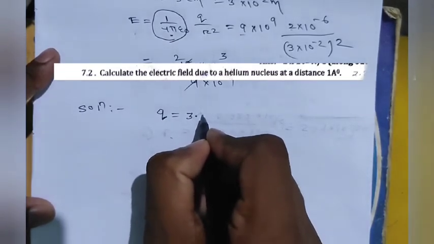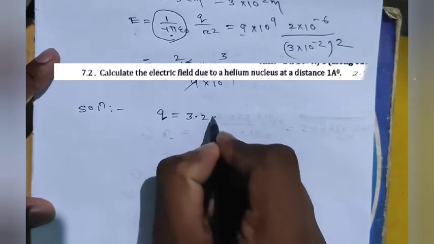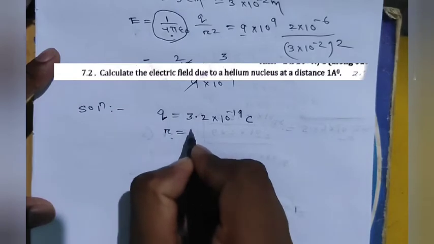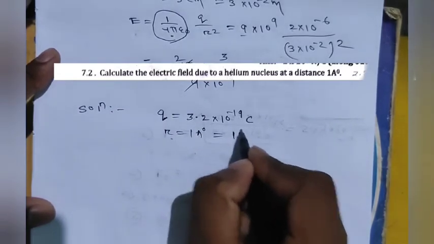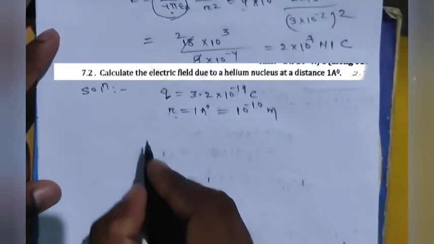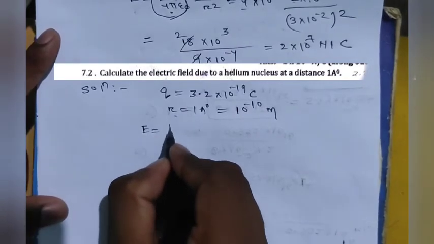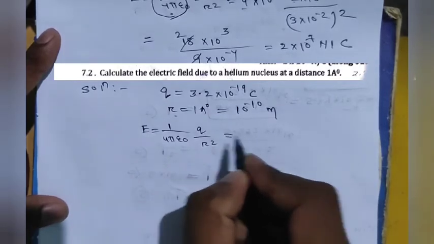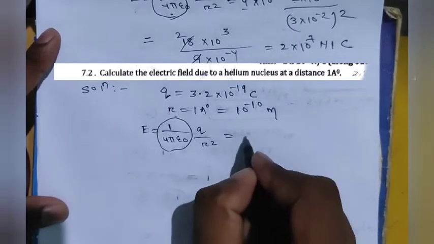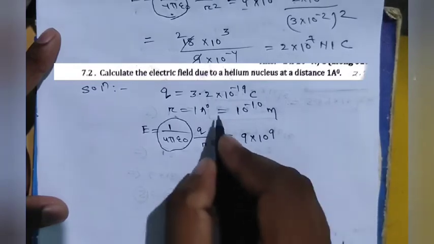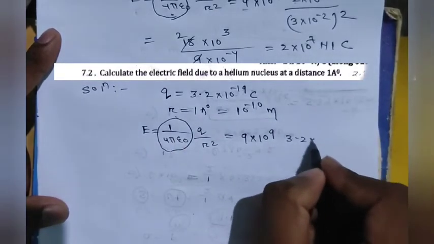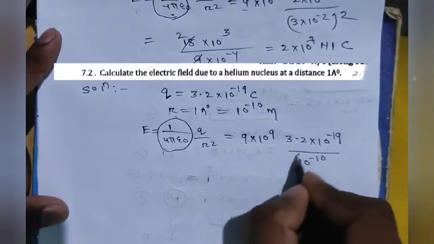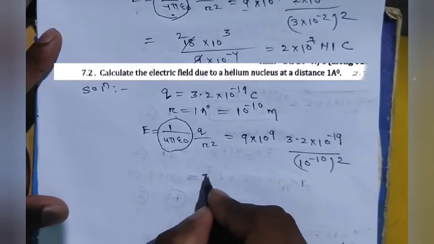It's simply equal to the charge of the alpha particle, that is 3.2 into 10 to the power minus 19 coulomb, and the distance is given as 1 angstrom, and we know 1 angstrom equals 10 to the power minus 10 meters. So now we can easily calculate the electric field by the formula 1 by 4 pi epsilon 0, q by r square, and we know the value of 1 by 4 pi epsilon 0 is 9 into 10 to the power 9, q is given 3.2 into 10 to the power minus 19, and r is given 10 to the power minus 10, squared. So if we solve, it will be